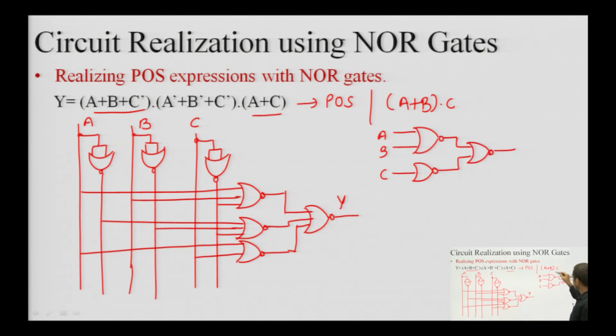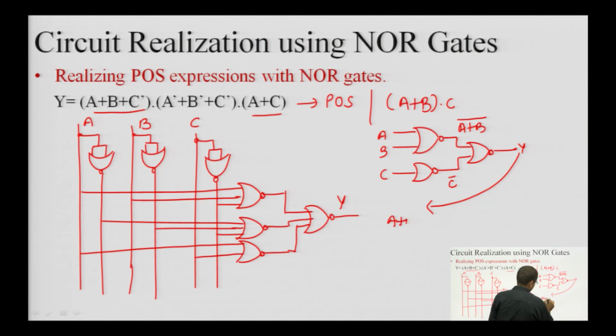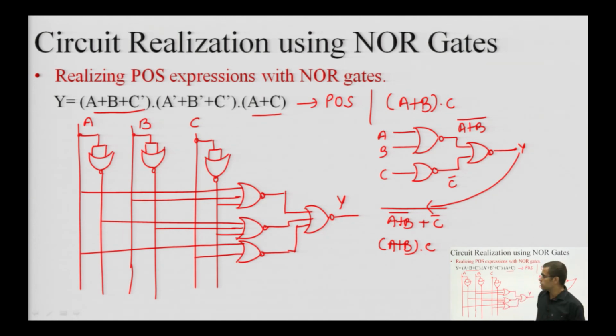It can be proven that this is equivalent to this one. So, a plus b complement and this is your c complement, and here at this point we can check that a plus b complement plus c complement and whole complement. So, if I apply De Morgan's theorem on it, I will be getting a plus b double complement, which will be cancelled out, and c double complement, which will again cancel out. So, I can see that equivalence is established, the circuit is giving me the correct expression which it intended to provide. Okay. So, this is the POS realization using NOR gates.